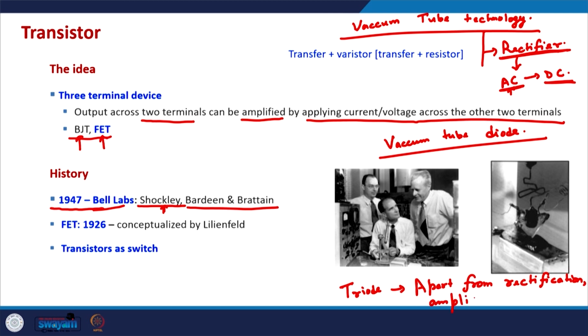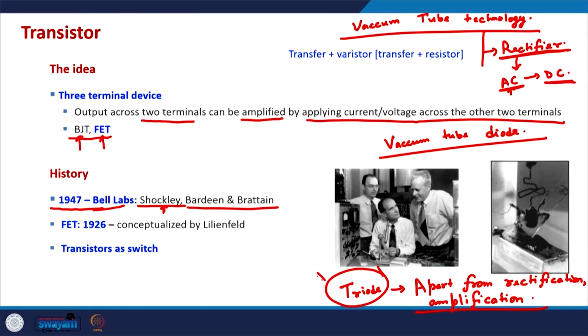Amplification could also be achieved in the triodes, vacuum tube triodes. So the triode was a 3-terminal device, and the current between two terminals could be controlled by applying a voltage or electric field on the third terminal, and this is actually the precursor to transistors. Soon the computer and television also were invented,